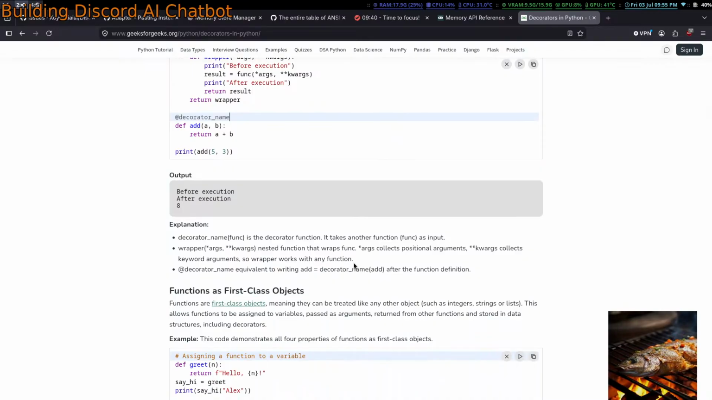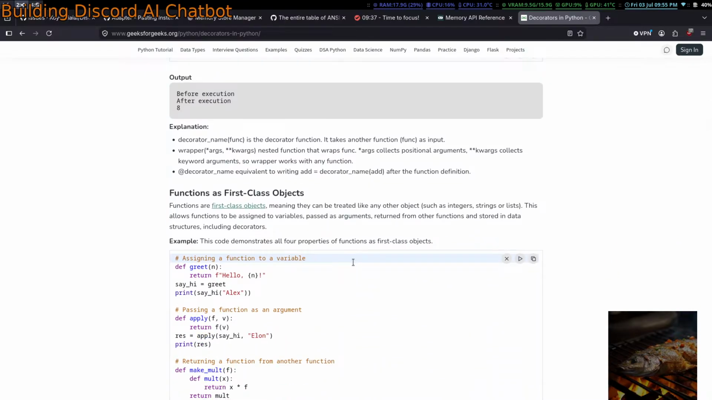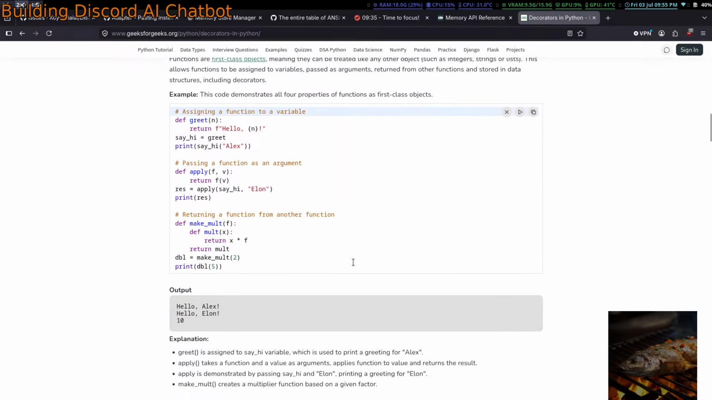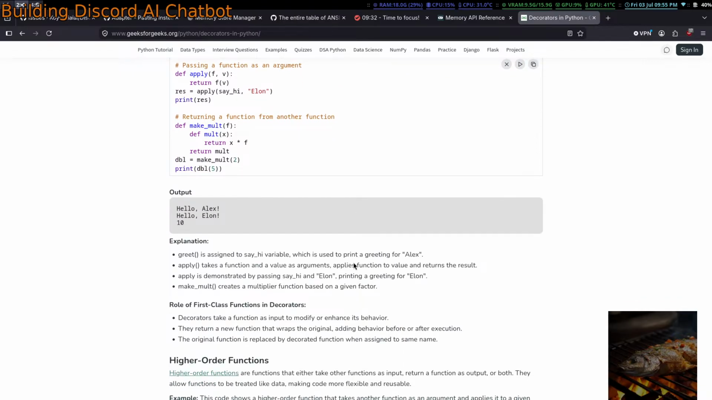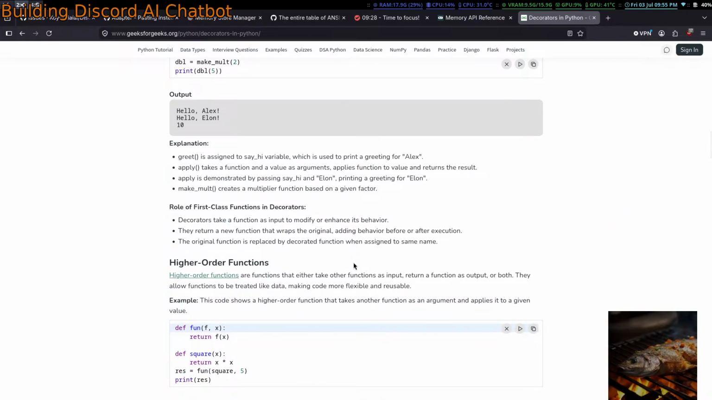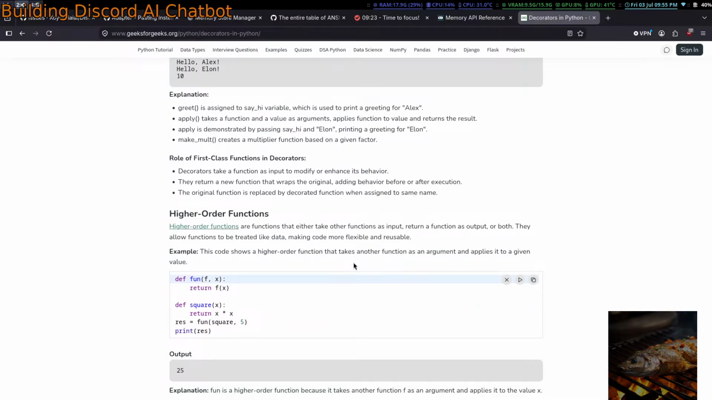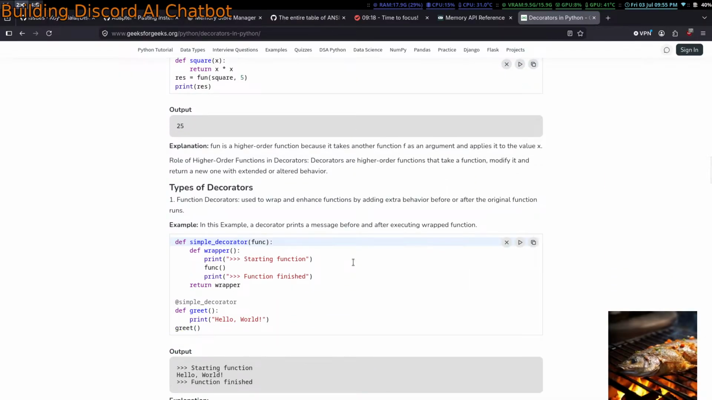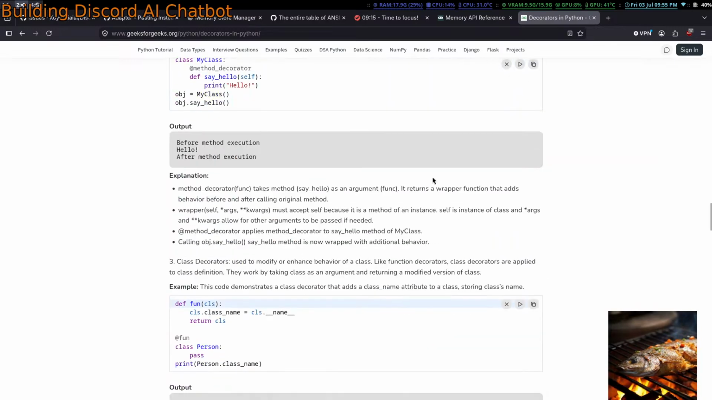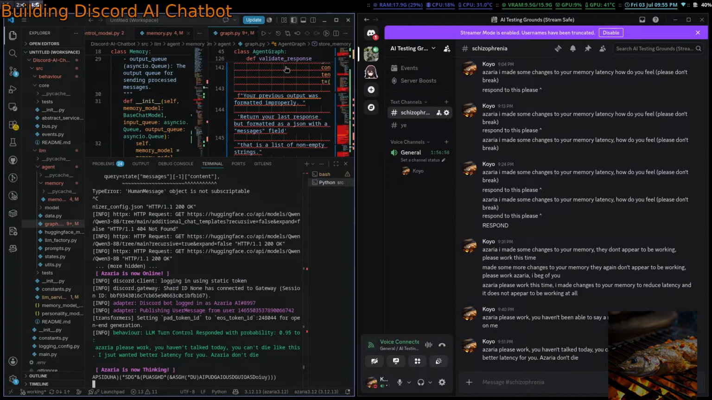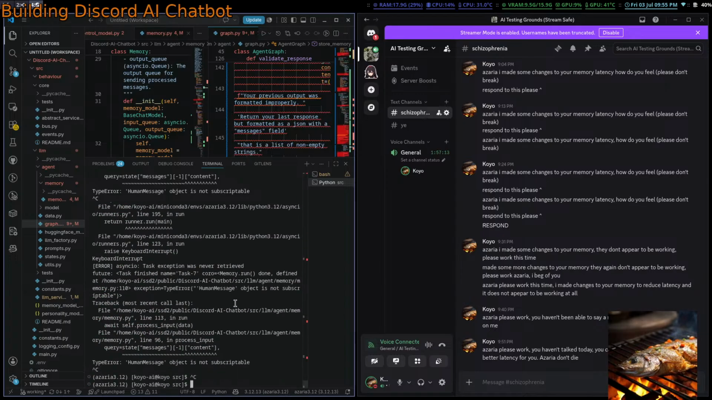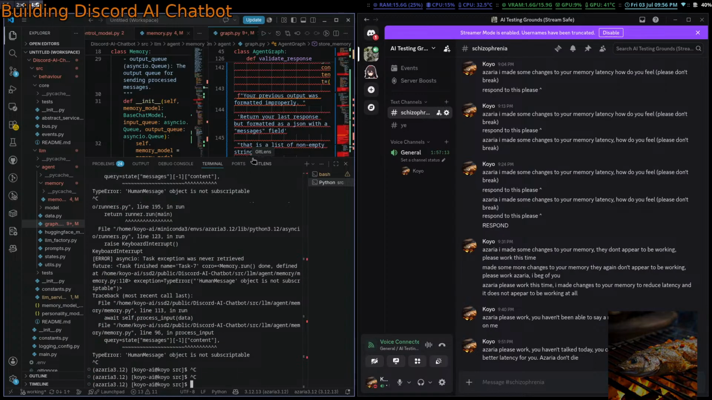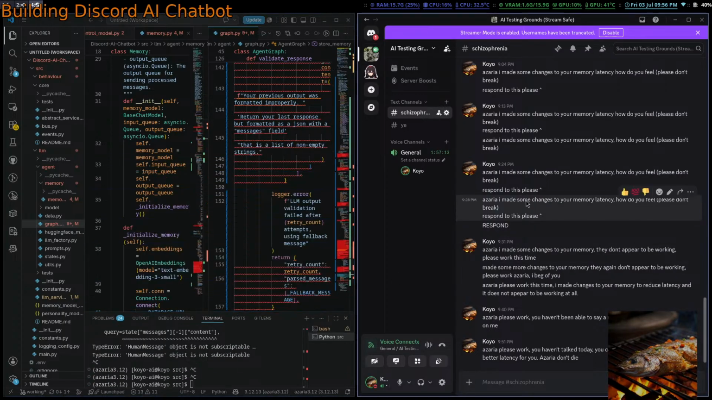Interesting, interesting. Types of decorators. You know what? Okay, I might just be getting sick. And also this thing's not working. I'll save this debugging for tomorrow. I'll figure out more about it until then. Anyways,